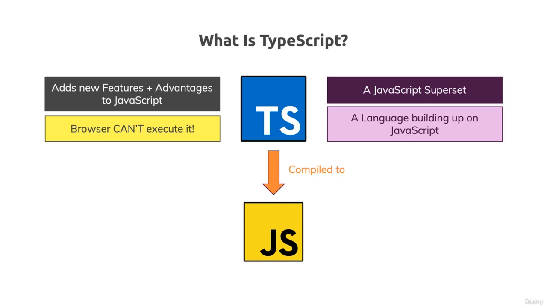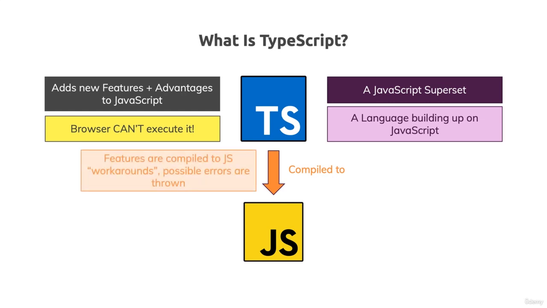Well, that of course brings up one important question. How can TypeScript add new features if what you get in the end is regular JavaScript? And the answer is the TypeScript compiler compiles these new features to JavaScript workarounds. So in the end, it might give you a nicer syntax, an easier way of doing something, and it will then compile that nicer, easier way to a more complex JavaScript snippet, which you would have to write otherwise. So it's not magic. Of course, it can't add what's not possible at all in the JavaScript language, but it can add new features that simply are easier to use, nicer syntax, things like this.